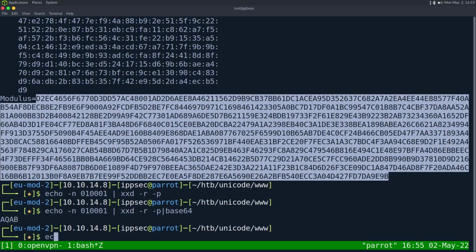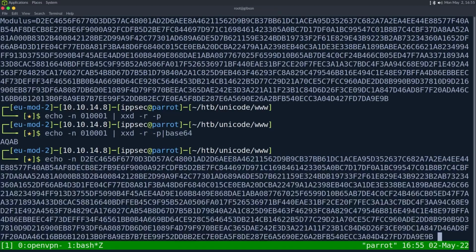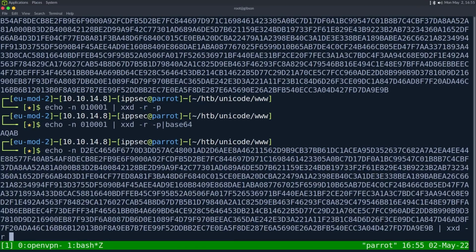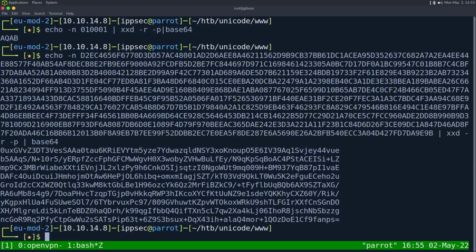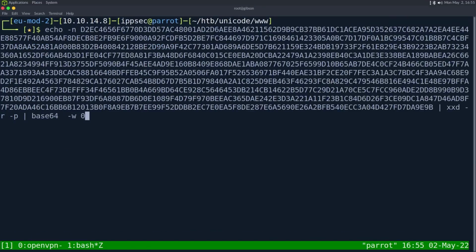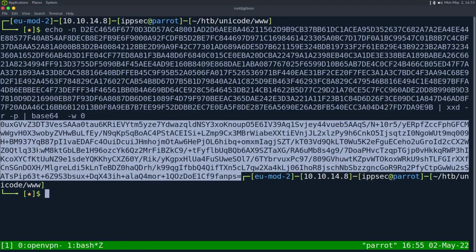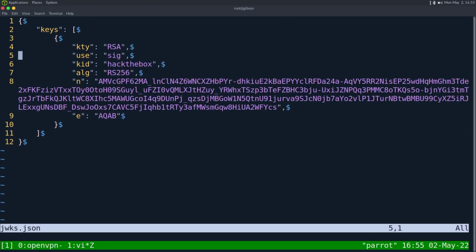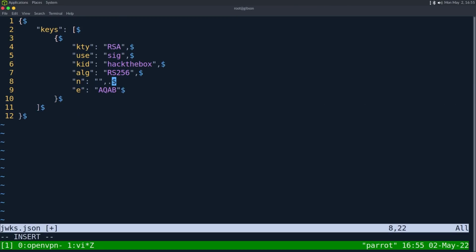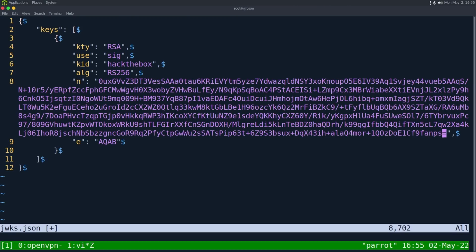Because we're going to do the same exact thing to this. So echo all this, then xxd -r to reverse, and -p, so it's not that 3-column output that it's expecting. And then we do base64, and we want to put it on one line. And now we have the modulus that we can just put in our JWKS file. So if we take this out, paste this in,